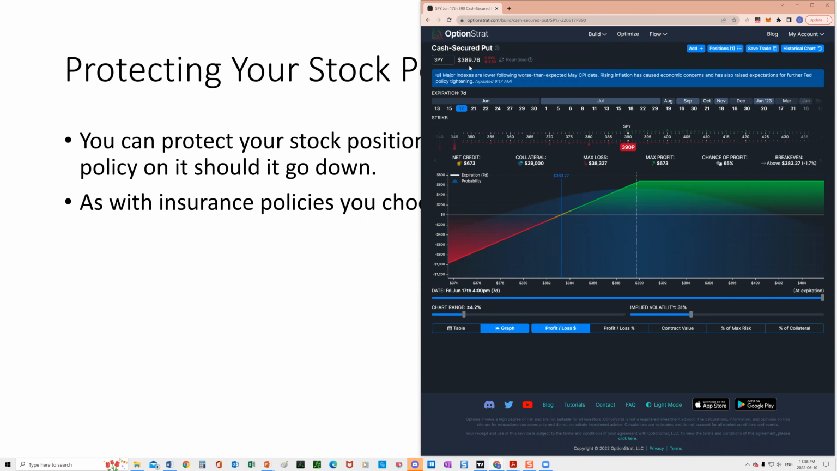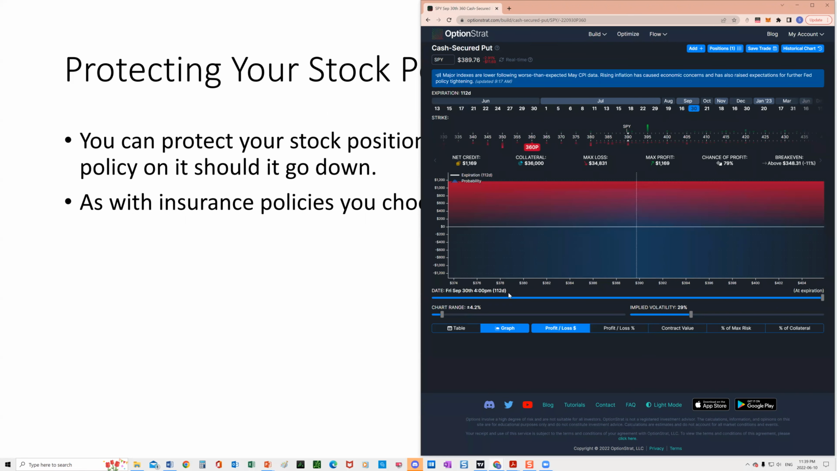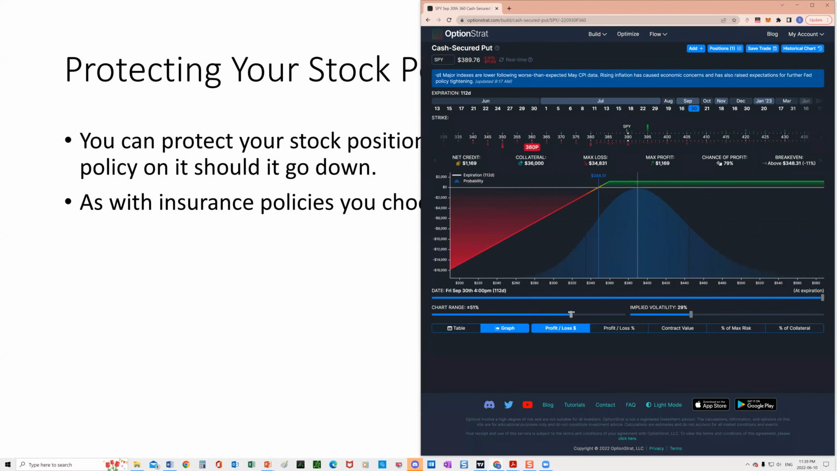So right now we're trading at 389. Let's say we want to buy it down at 380, right? And we want to go out to, well, you know what? Let's do something even crazier than that. Let's say we think the market's really going to tank. And we think that, you know what? It's going to get down to 360. Well, you can take that position on now, collect $1,169, but remember you're tying up $36,000 in buying power,